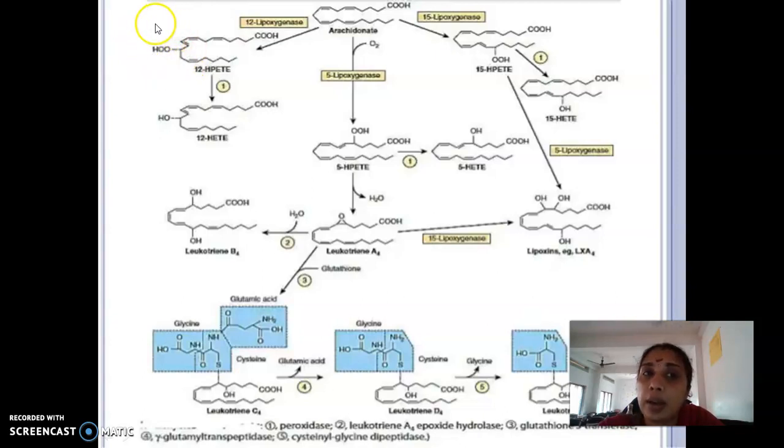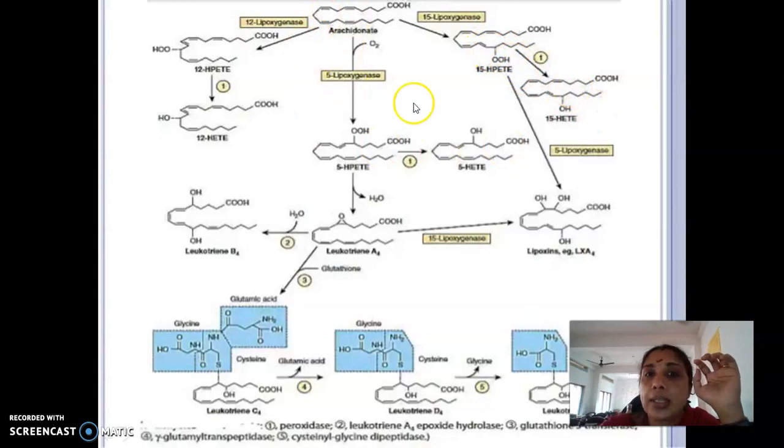So this is an addition or substitution happening in the arachidonic acid. Arachidonic acid undergoes some sort of rearrangement and results in the addition of a hydroperoxy group. And the location of the hydroperoxy group can vary. If it is on the fifth position, we call it 5-HPETE. See, 1, 2, 3, 4, 5. If the group is located on the fifth carbon atom, we call it 5-HPETE. If it is located on the 12th carbon atom, we call it 12-HPETE. And if it is on the 15th position, we call it 15-HPETE.